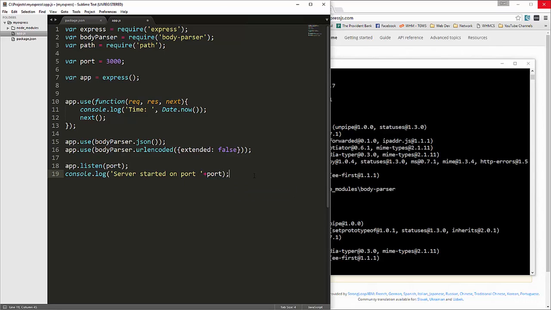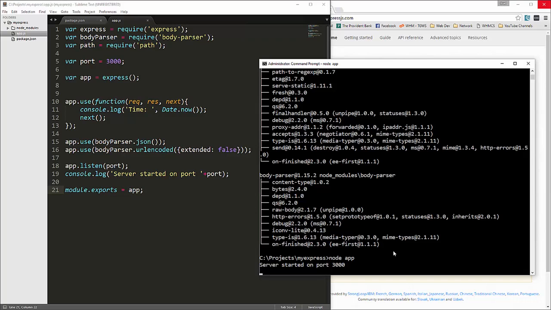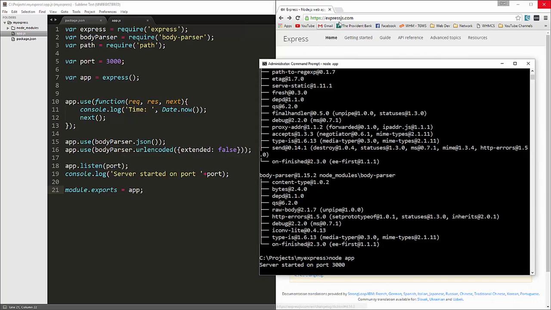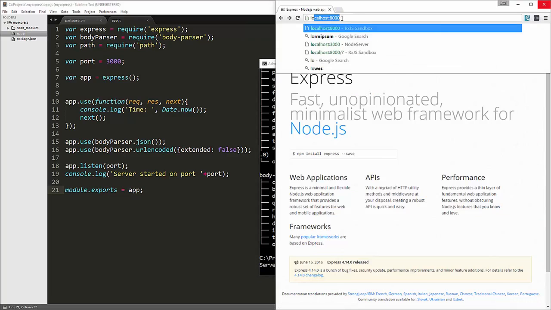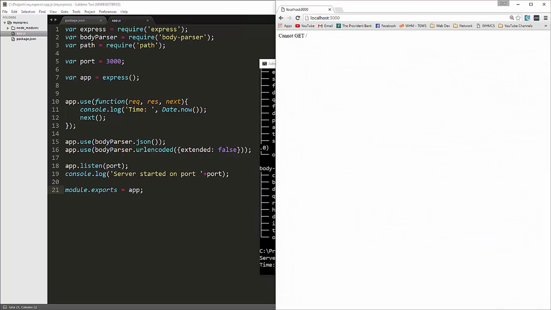Alright, and then finally we need to export this by saying module.export app. Alright, so let's go ahead and save that, and then we're going to go over here. We're going to say node app, because app.js is the name of the file. Okay, that's running on port 3000, so we'll go to localhost 3000, and you'll see that we get this cannot